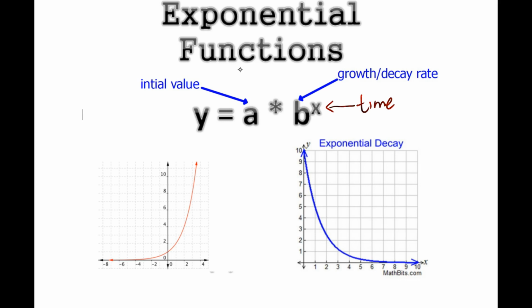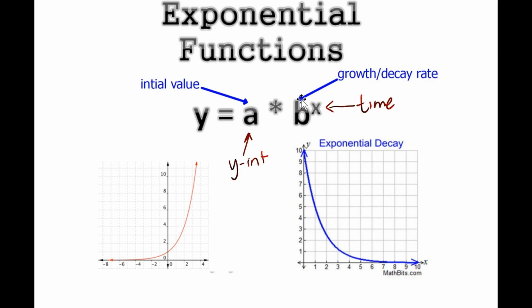The initial value, which is a, which is right here, a, your initial value. Your initial value is your y-intercept. Just remind yourself, y-intercept. All right, and b is your growth slash decay rate. Now b acts like